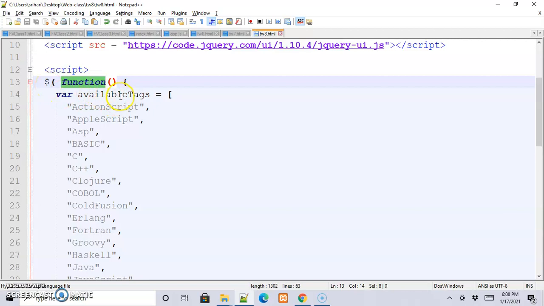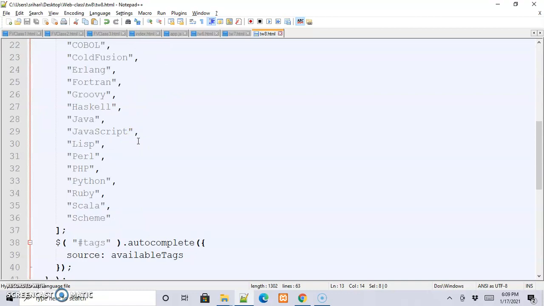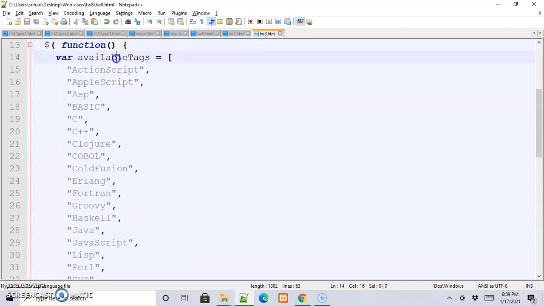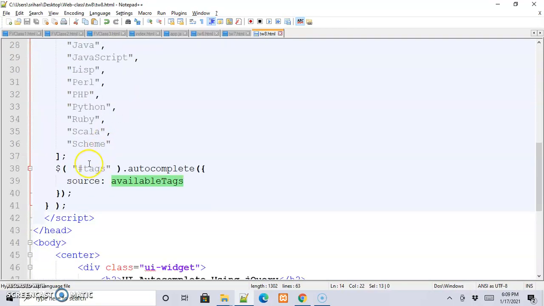We have defined a variable called availableTags. In this array we are creating a set of programming languages, and that itself we are trying to automatically populate whenever we type in the input box. That's the reason why we have created a variable called availableTags, which stores an array of elements with some programming languages as its content. And after that we have written